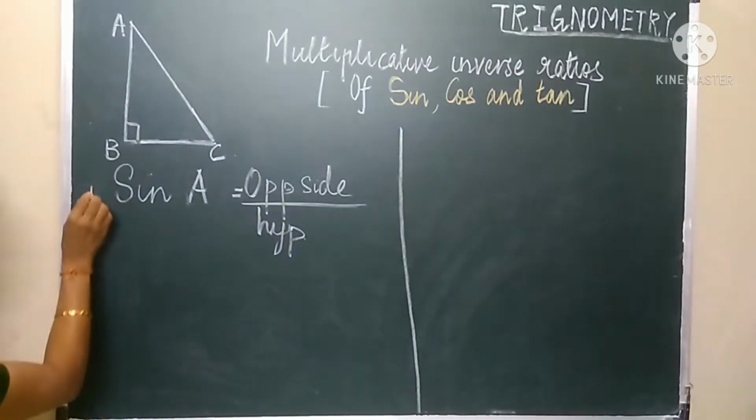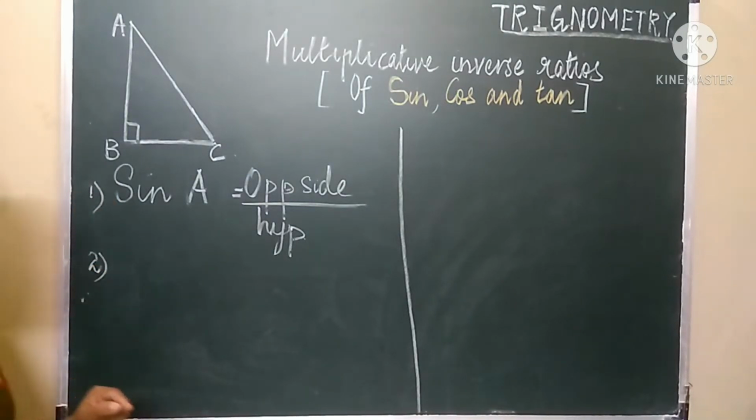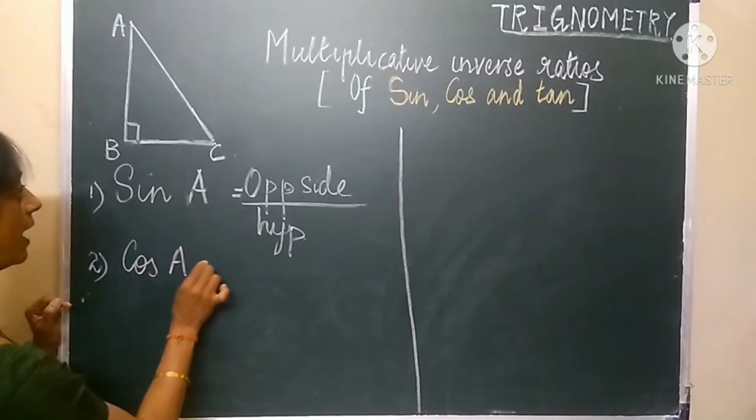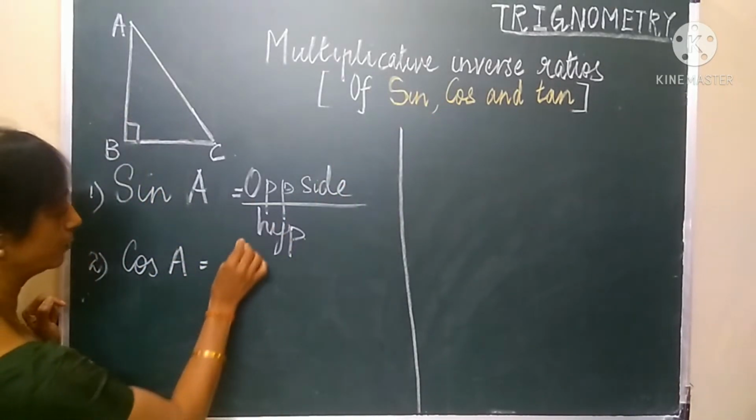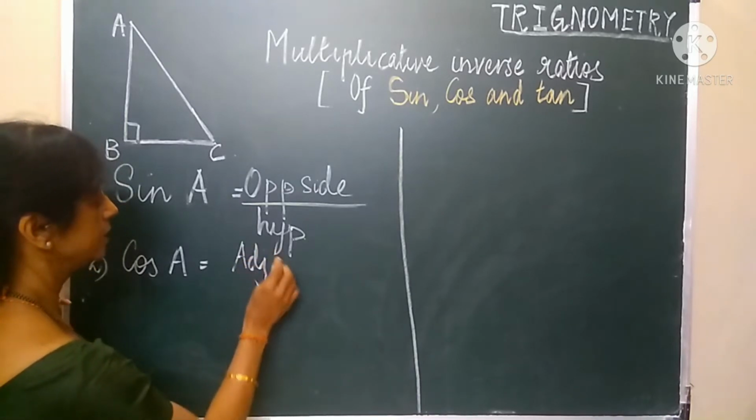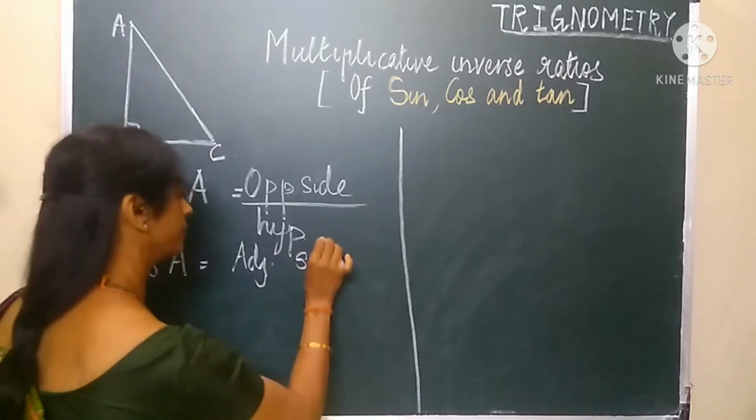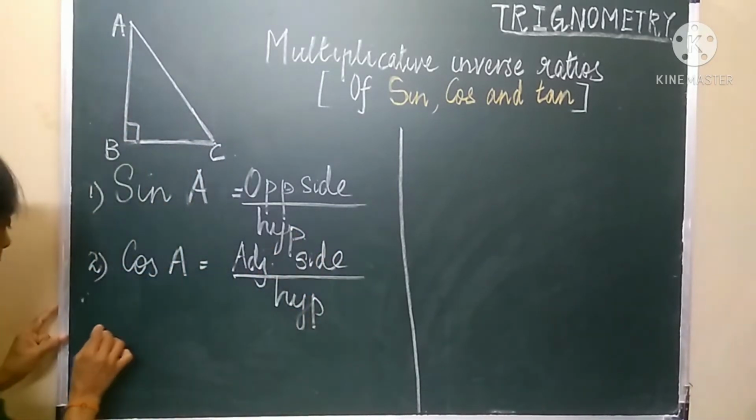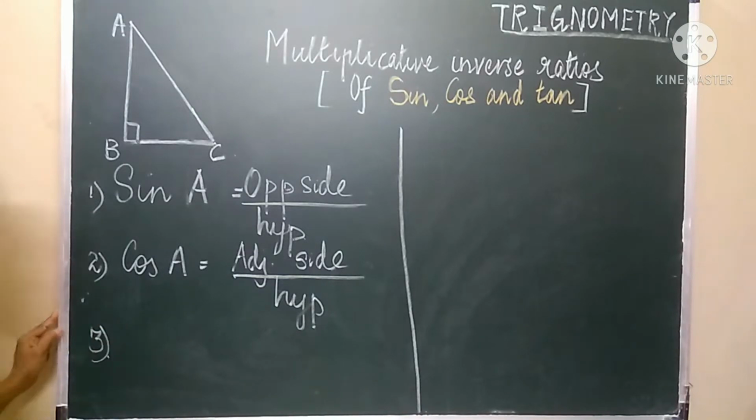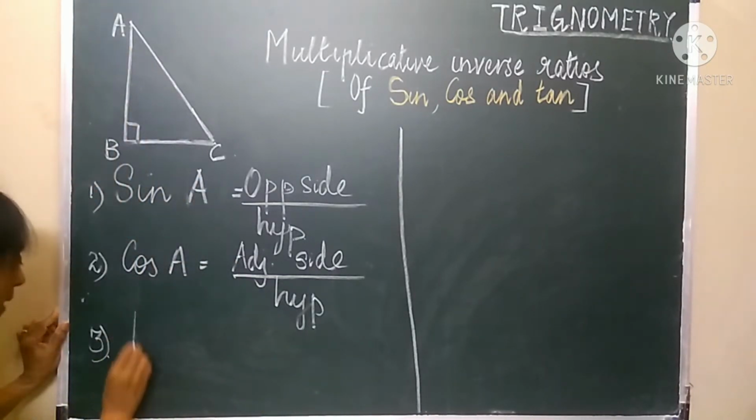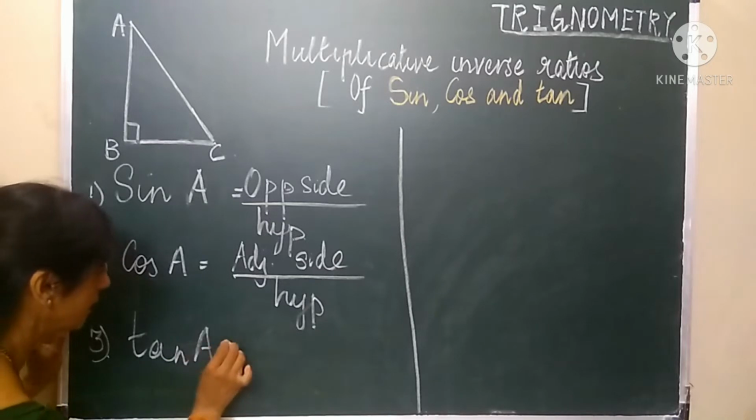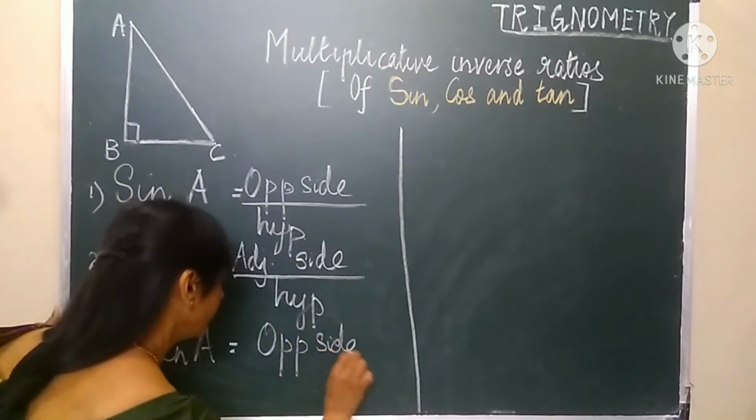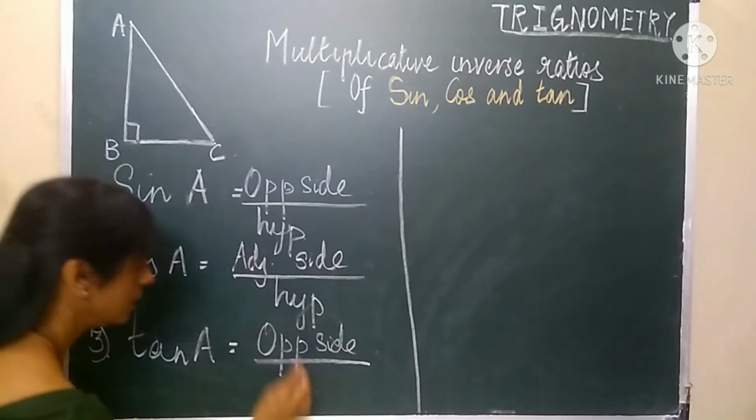The second basic trigonometrical value for the same acute angle was cos. Cos of angle A was given by the formula adjacent side upon the hypotenuse. And the third basic trigonometrical function for the same angle was given by tan of angle A by the formula opposite side upon